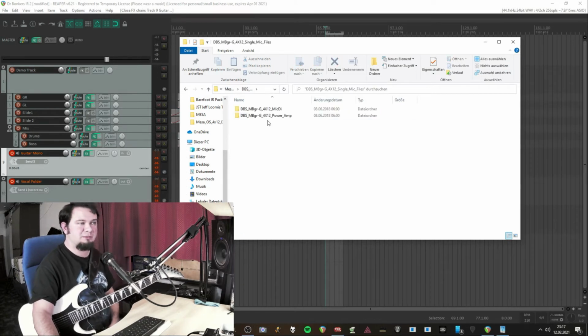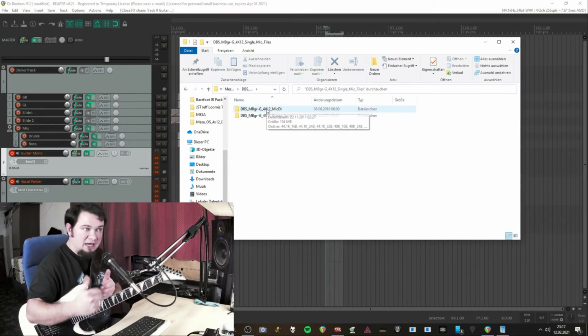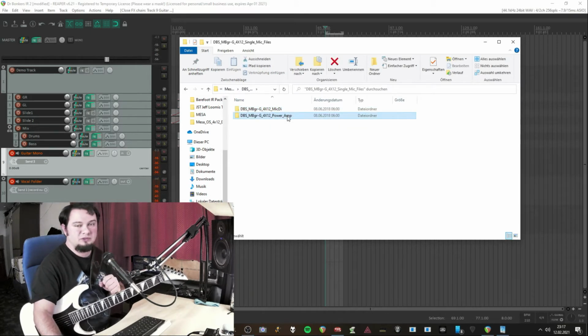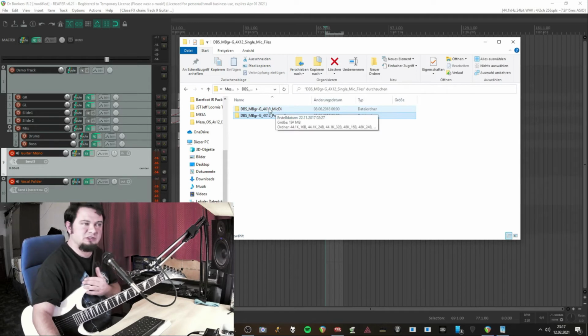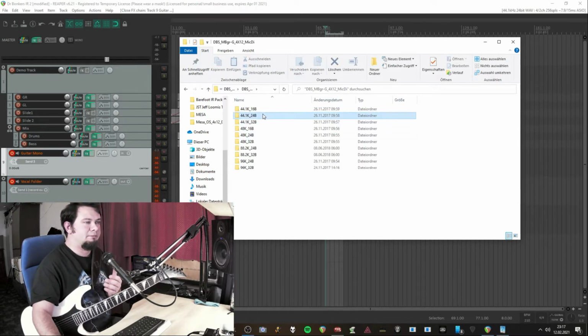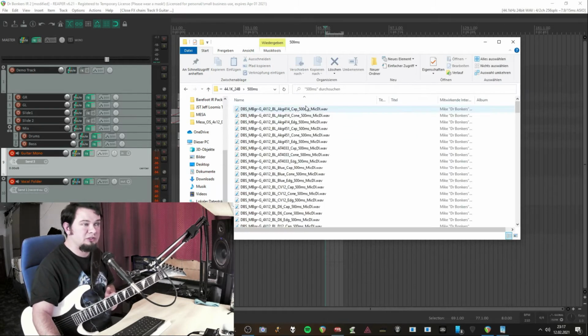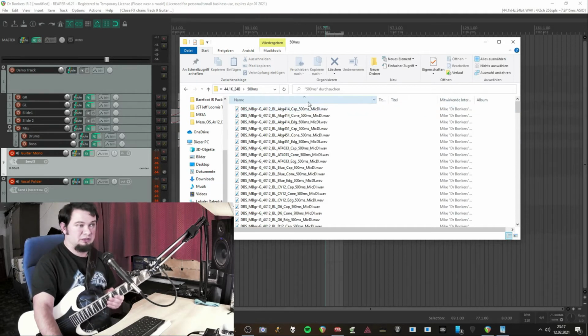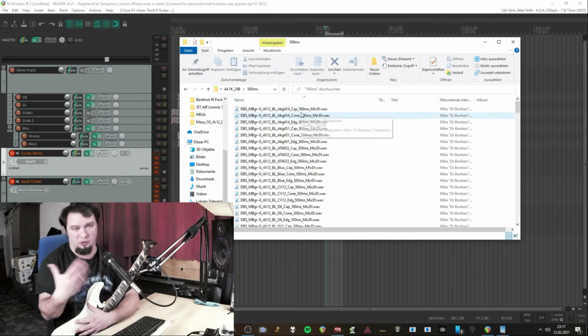When looking at the single mic files, he has the mic DIs and the power amps. The power amps are supposed to give a little bit more of low end. I personally cannot share this opinion, but we'll listen to that in a moment. And when looking into the file folder, you can also see the actual